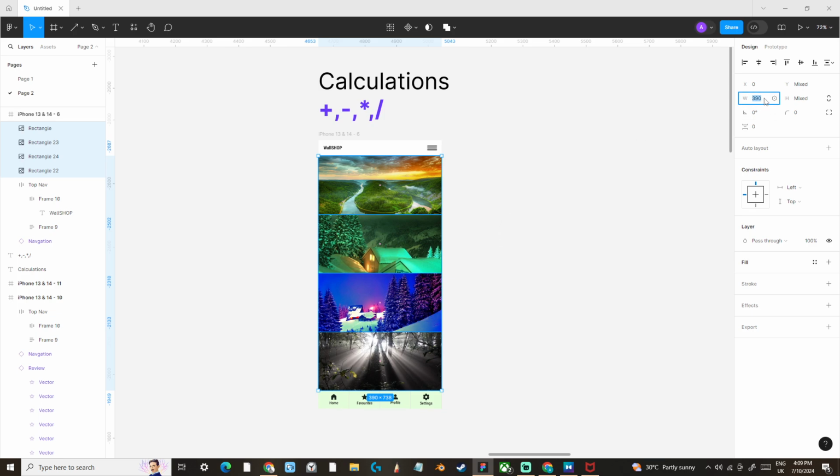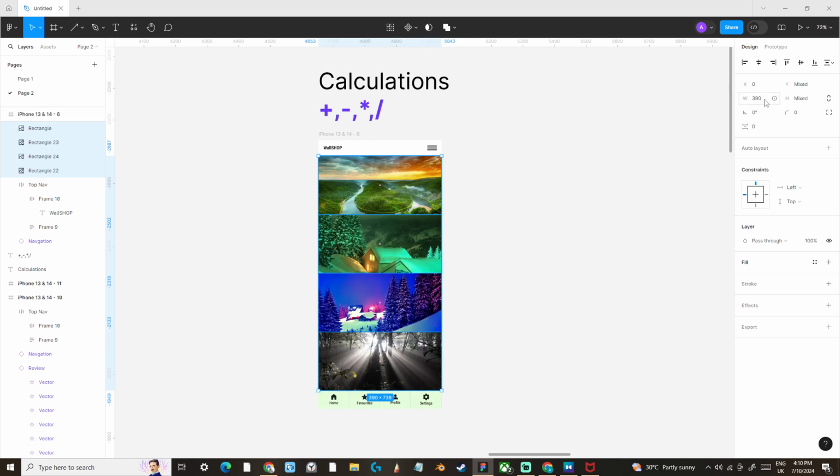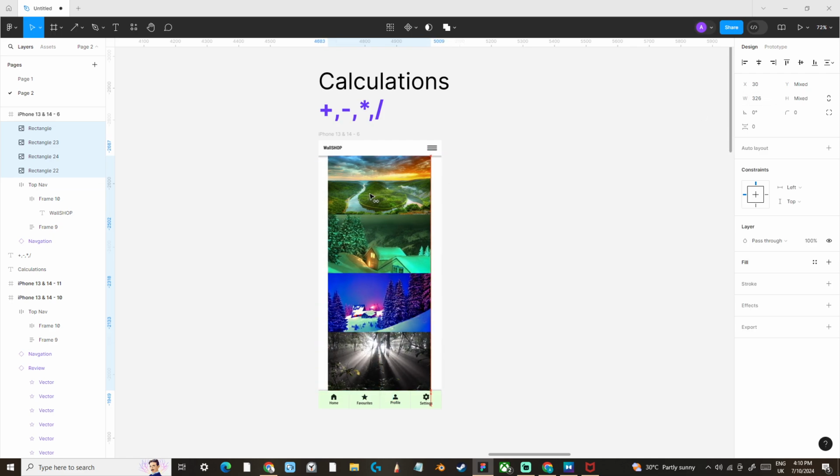If I want to divide by 4, essentially you can do any sort of mathematics, and you can do multiplication. Let's bring it back to 4 as well. You can bring it back to full size by multiplying it by 4, or you can do minus 32 pixels or 64 pixels in this case. Let's do minus 64 pixels. Okay, and this way I will have a size and hold my images and bring them to the center with the guideline coming here,